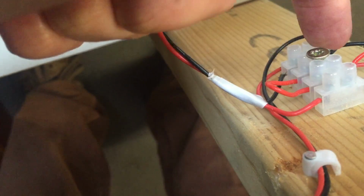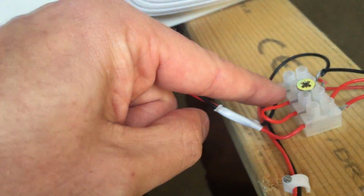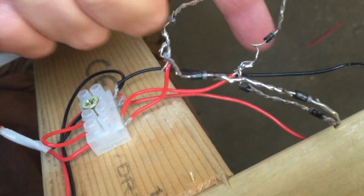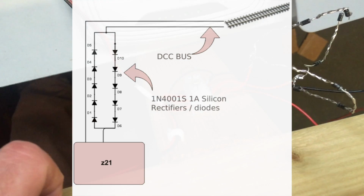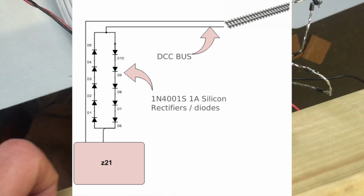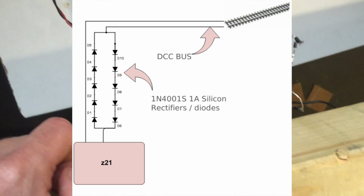and comes out into the red wire there, which is basically the track wiring itself, and the black wire simply goes into the terminal block, out the other side, and carries on to the layout there. And there is another black wire that's going to the other bit of the layout there, but I'll put a diagram of this up which should make it a lot clearer. But yeah, basically 10 diodes, 5 one way and 5 the other, right at the start of the DCC bus